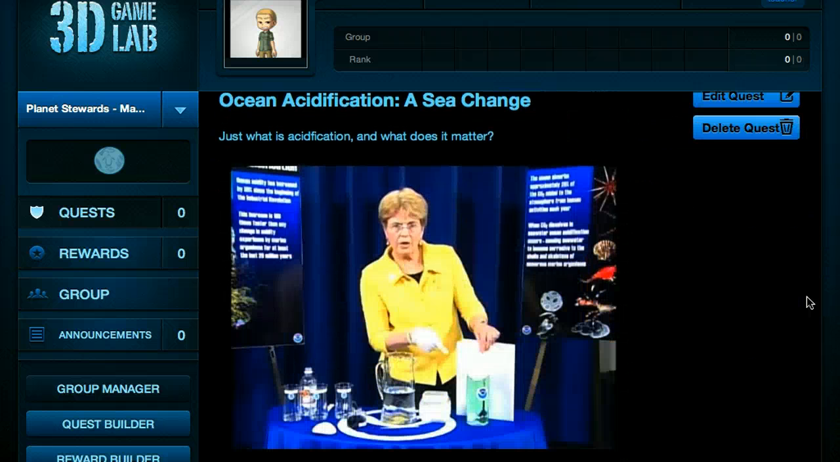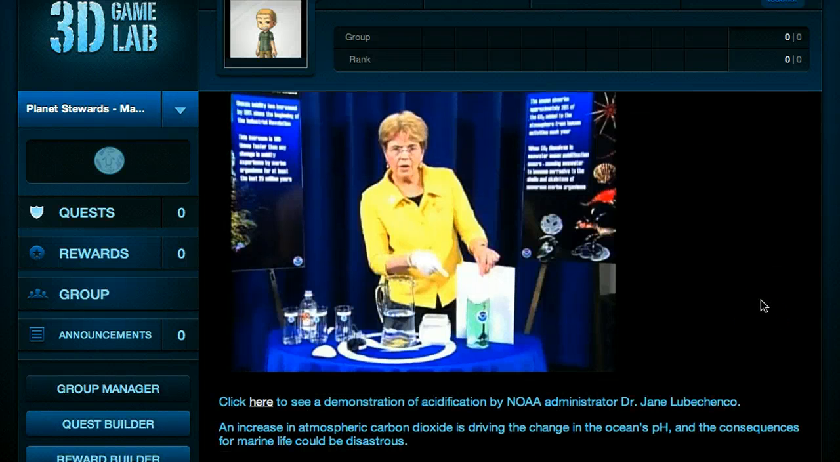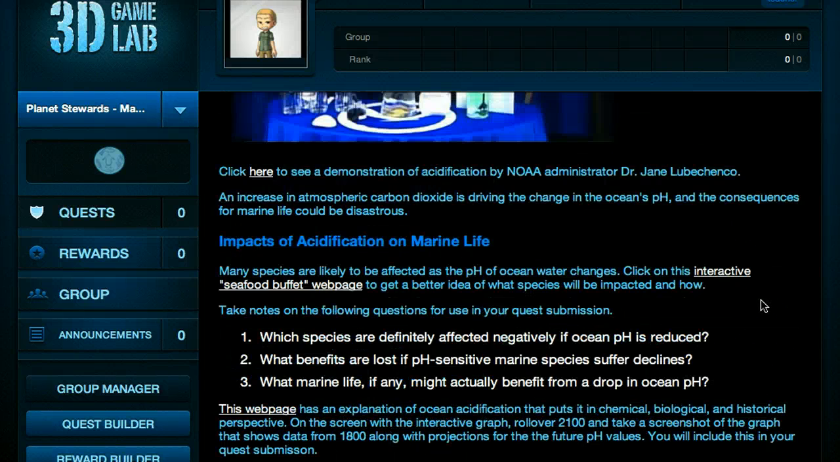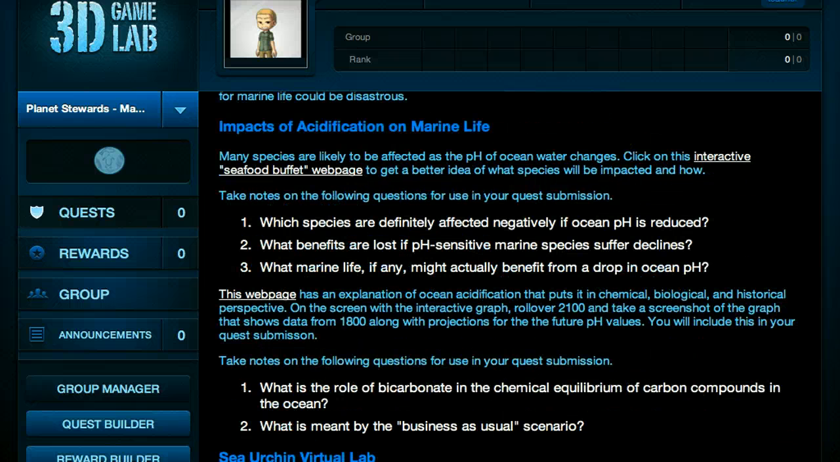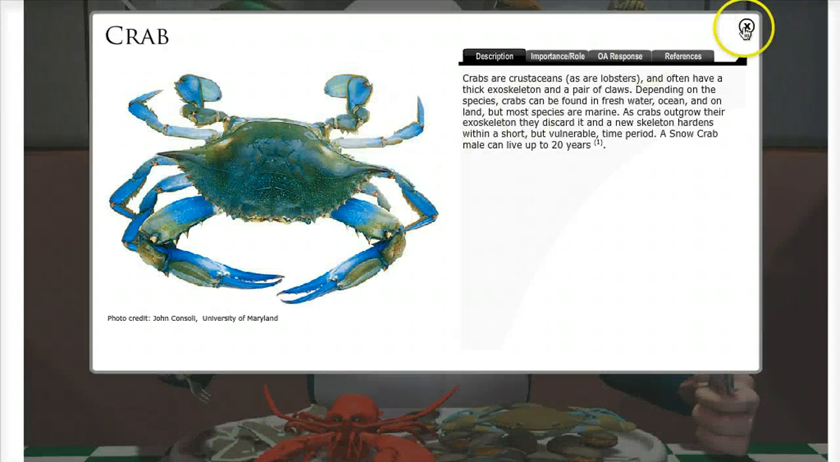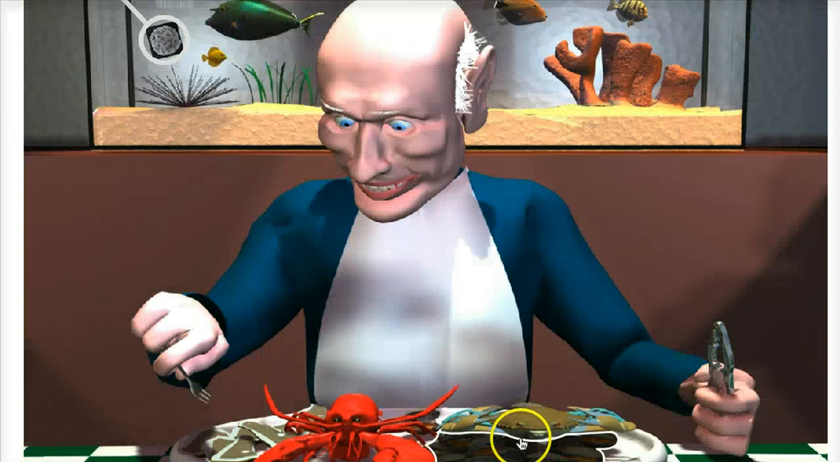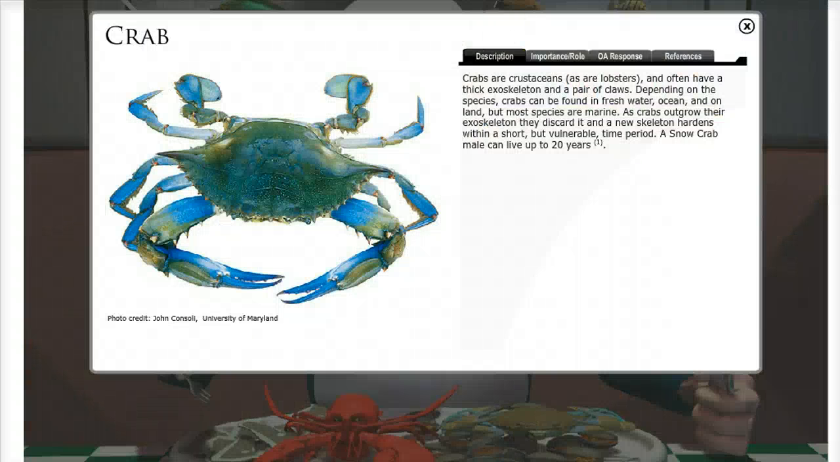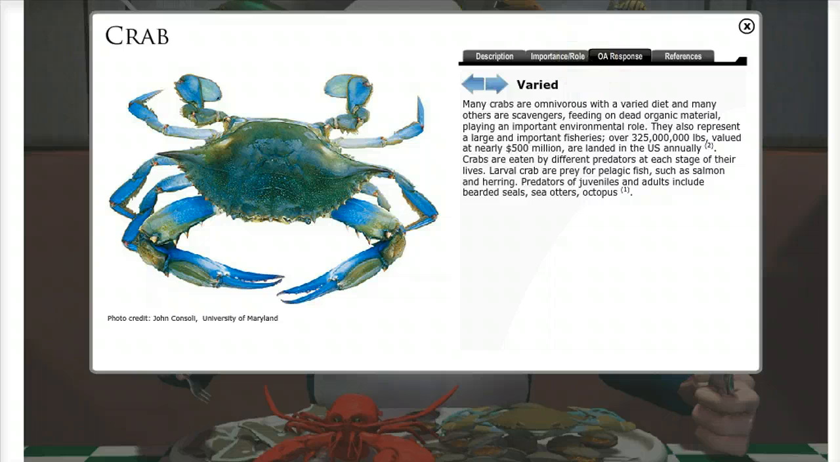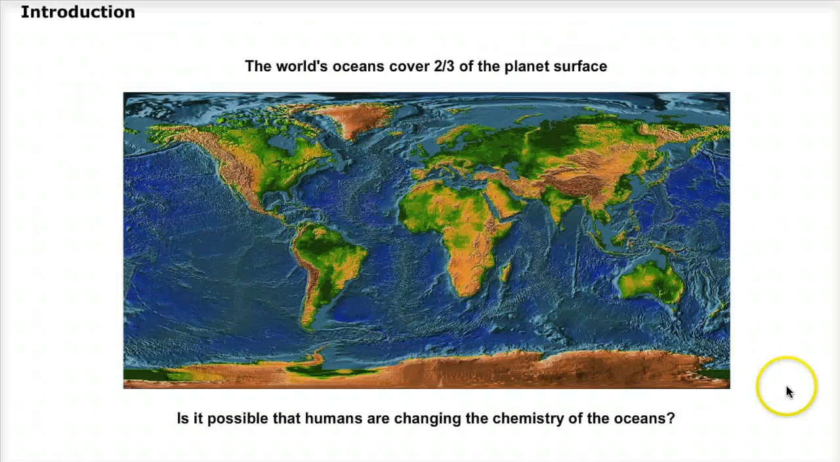ocean acidification. We show them a quick video to familiarize them with the acidification process, and then we talk about the effect of acidification on marine life. We look at what species are affected using this interactive. Allows them to select species and see how they're affected. We can see also